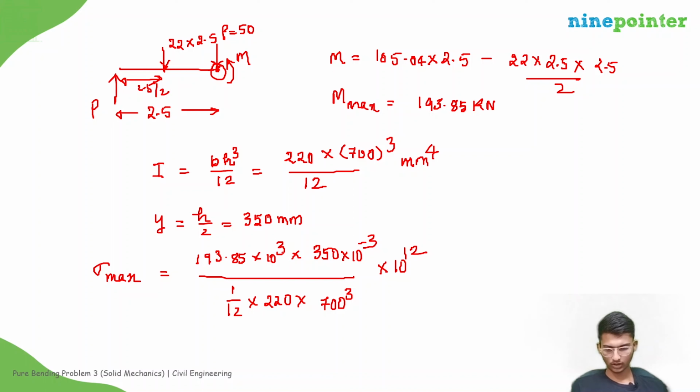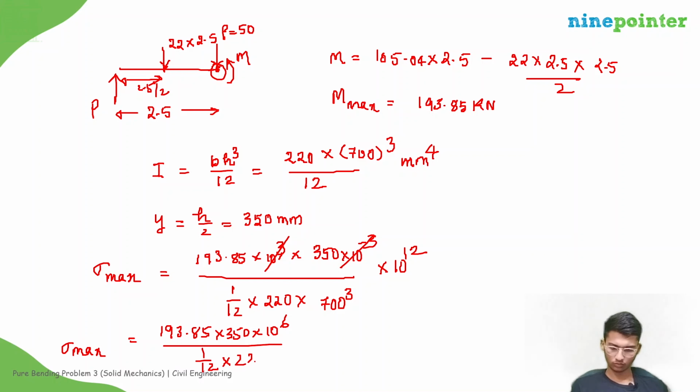Okay, so this gets cancelled. So we can write sigma max is equal to 193.85 into 350 into 10 power 6 divided by 1 by 12 into 220 into 700 power cube megapascals, because here it will be pascals. So if we take 10 power 6 pascals, we can write it as megapascals. So if we calculate this value,